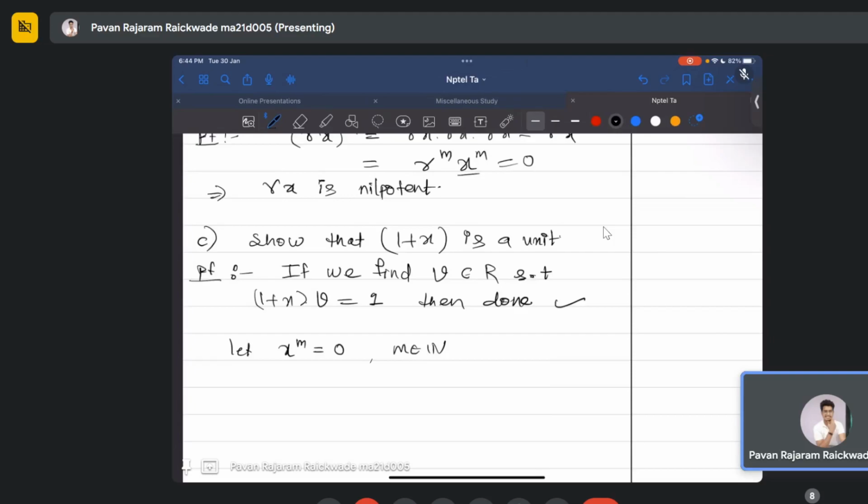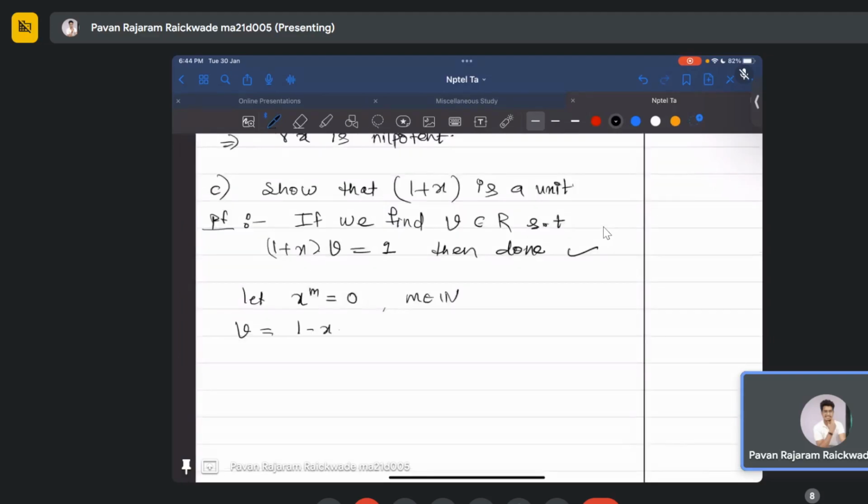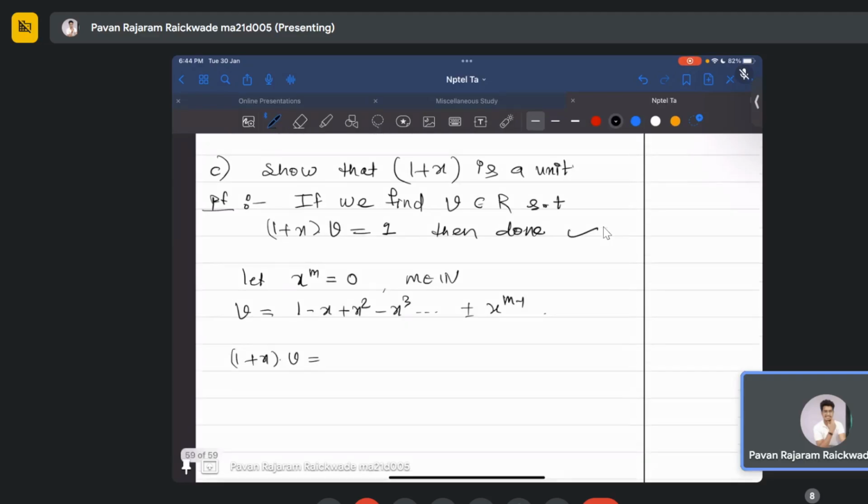So let's take v to be 1 minus x plus x squared minus x cubed, something like this. It will go until the last element will be something like plus minus x raised to m minus 1. It depends on whether m is even or odd, the plus minus. Okay. So now what happens if I do 1 plus x times v,